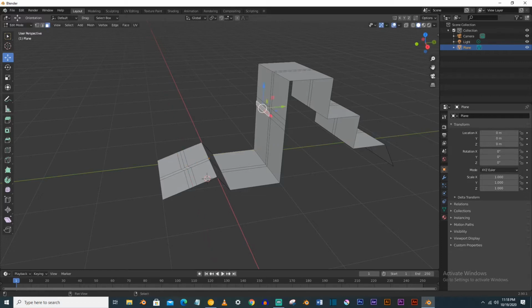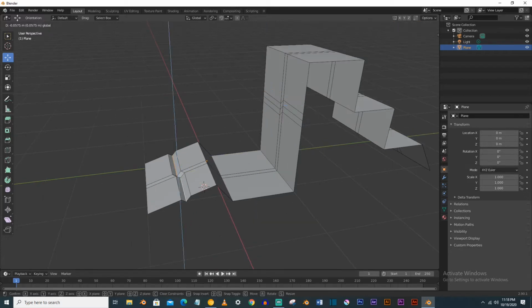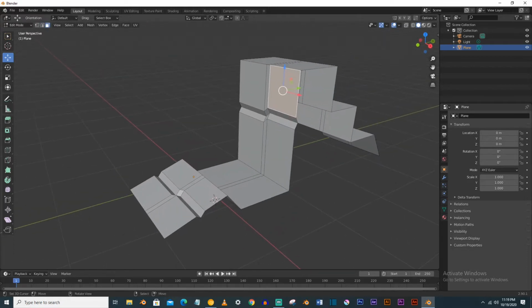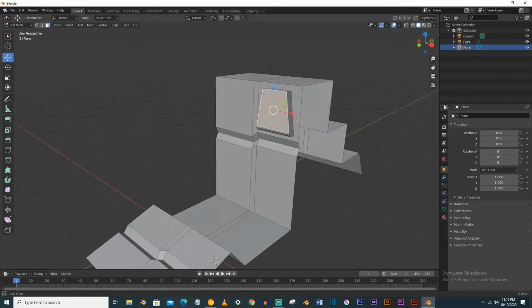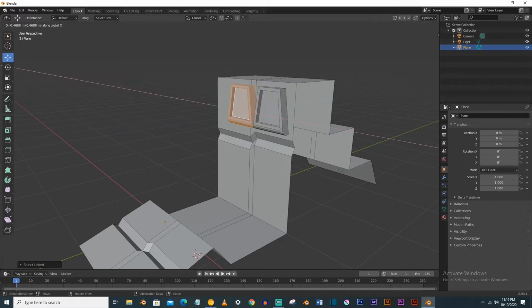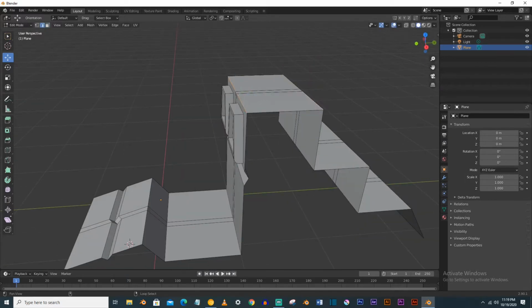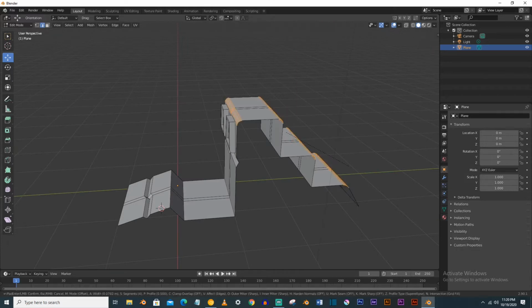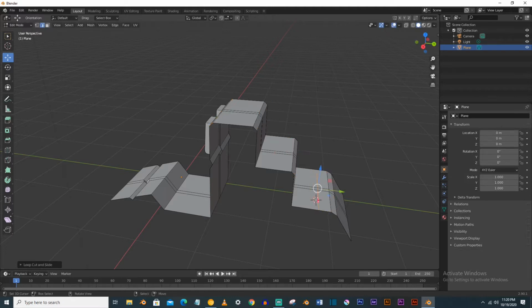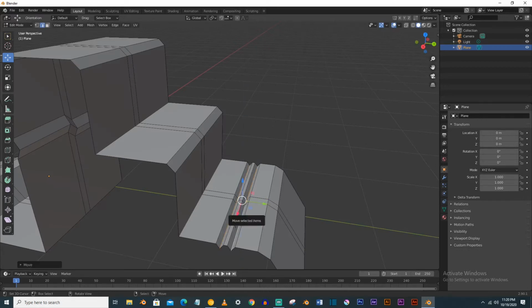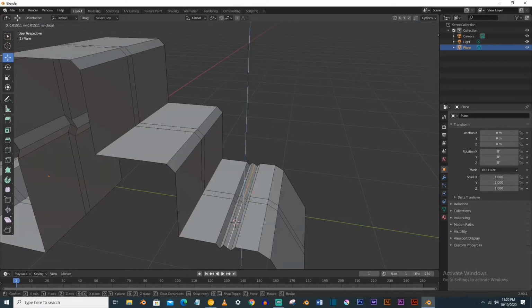Now you have to make different patterns like this and make some of them inverted. Now Shift D to duplicate the face, and you have to make a box like this and bevel it and extrude invert, duplicate it, and now you have to bevel these edges like this and make the subdivision value low, segment value low, and now again make some different patterns on the different parts of the machine. You can make different patterns like this.